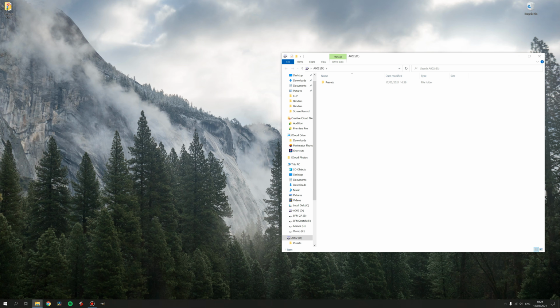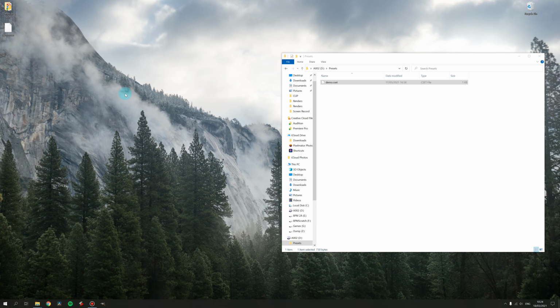With the card plugged in, your window should pop open automatically, and you will see that you have a presets folder. If we go in there, we can see our demo.cset file, that extension more than likely standing for camera setup or camera preset. So you can just go ahead and save that to wherever you like. I'm just throwing it onto my desktop really quickly. In reality, you do want to throw that somewhere that makes sense to you.